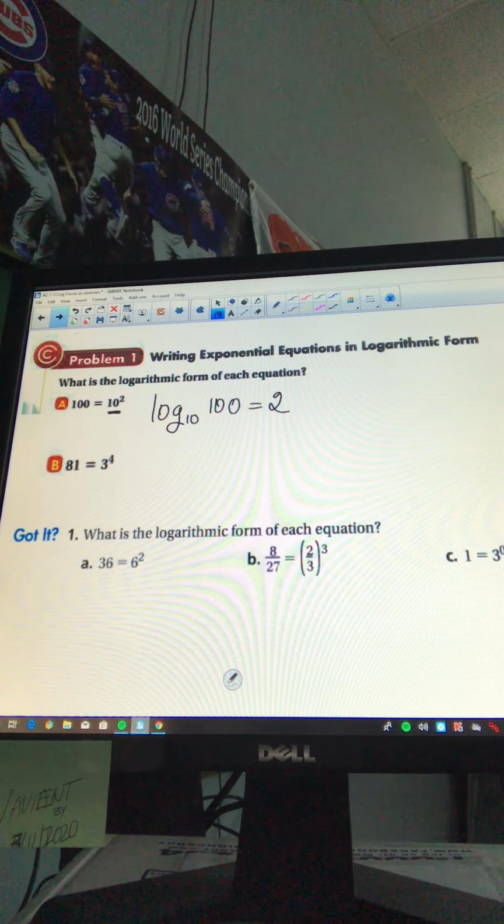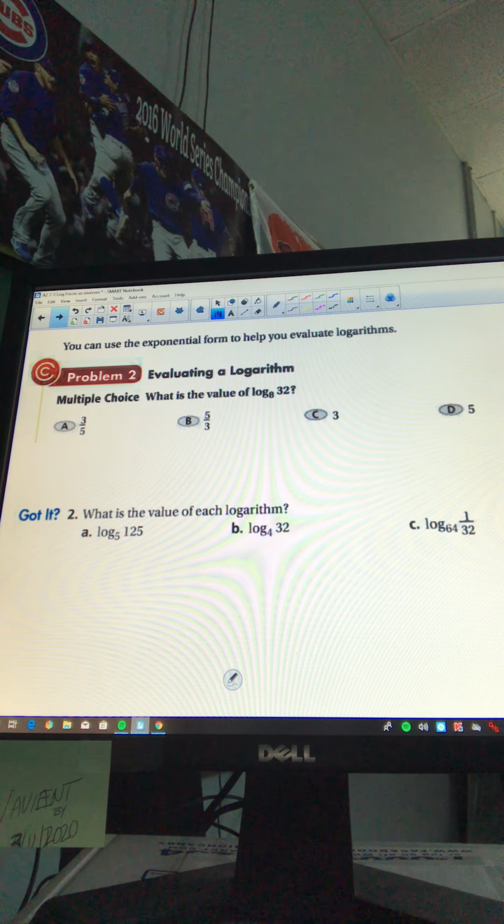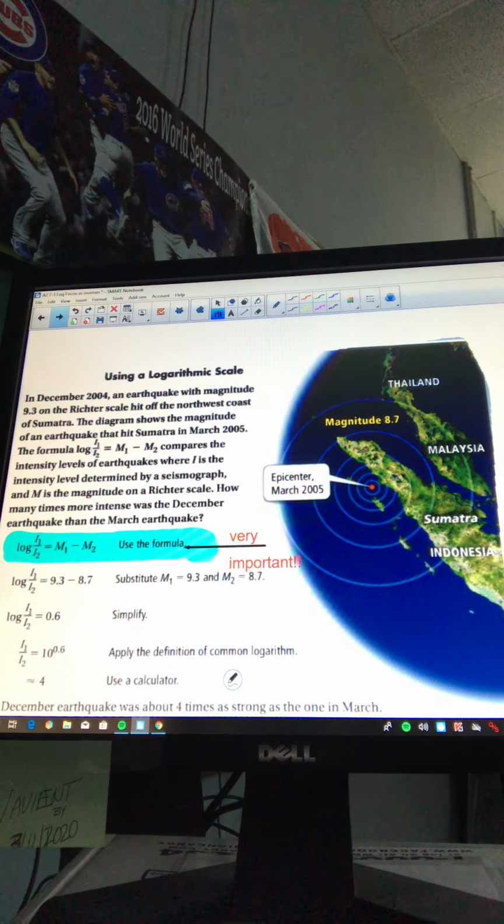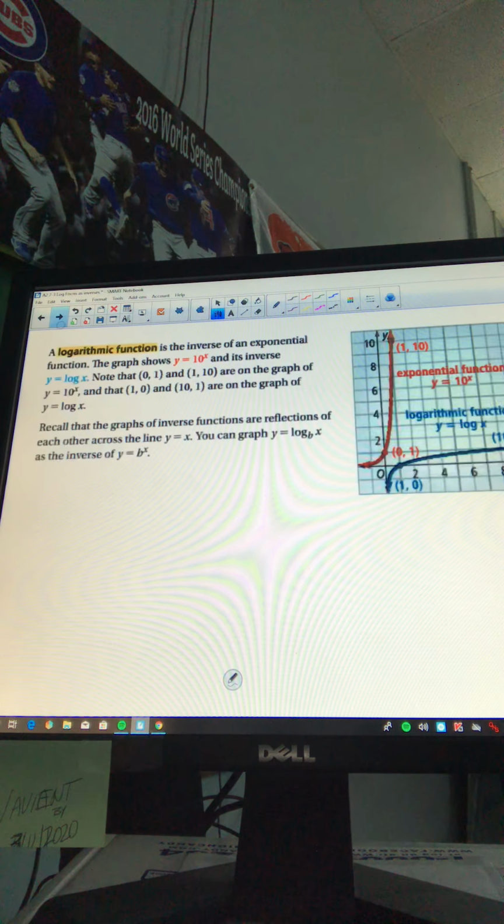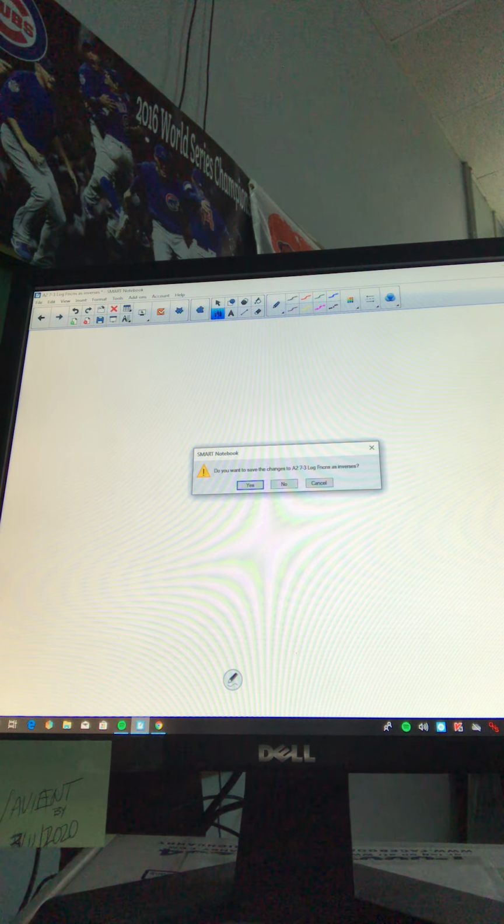And if we check it using the circle method, we can say 10 squared equals 100, which is what we have right here. Okay? We're just going to fly right through this. All right. We don't need to worry about that. Now let's go to